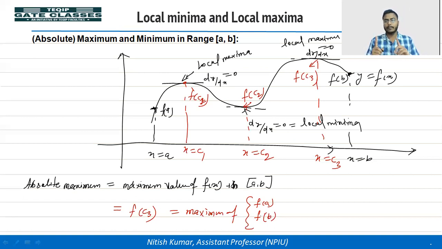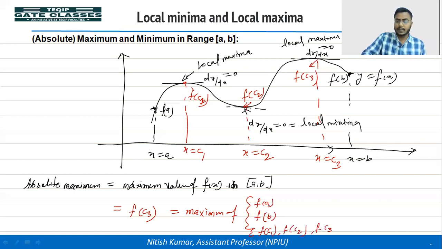तो a और b क्या इन पॉइंट्स है, तो a पे देखना है कि फंक्शन की वैल्यू क्या है और b पे देखना है कि फंक्शन की वैल्यू क्या है. और अगर कोई पॉइंट्स है लाइक लोकल मैक्सिमा या लोकल मिनिमा व्हाटएवर, सो आपको चेक करना है कि फंक्शन की वैल्यू इसमें कोई ज्यादा तो नहीं है. फॉर एग्जांपल लाइक आपको देखना है कि ये वैल्यू जो f(c1), f(c2) और f(c3), राइट. तो जो मैक्सिमम ऑफ इन तीनों f(a), f(b), f(c1), f(c2), इन सभी में जो मैक्सिमम वैल्यू होगा वो क्या हो जाएगा,